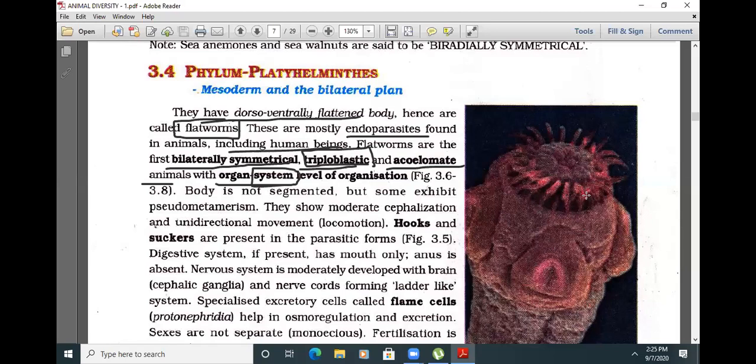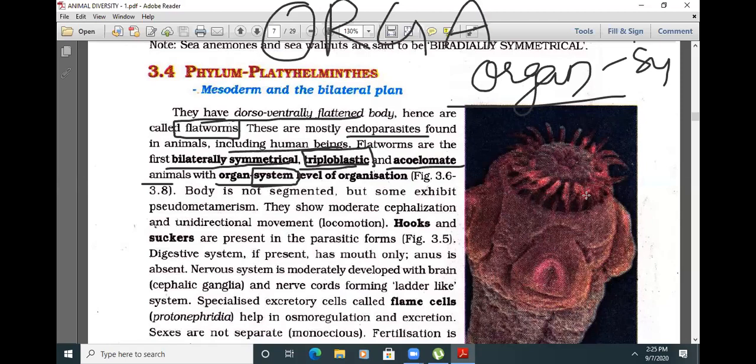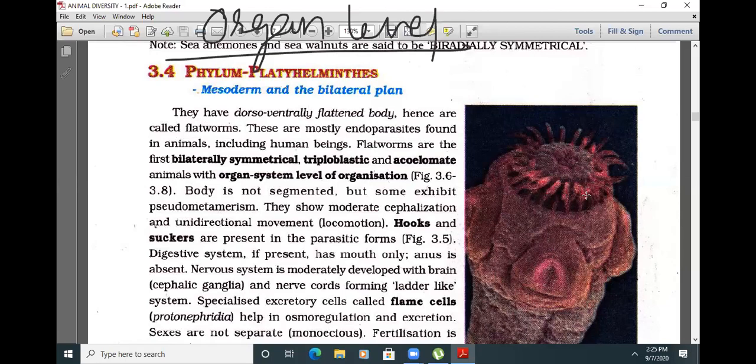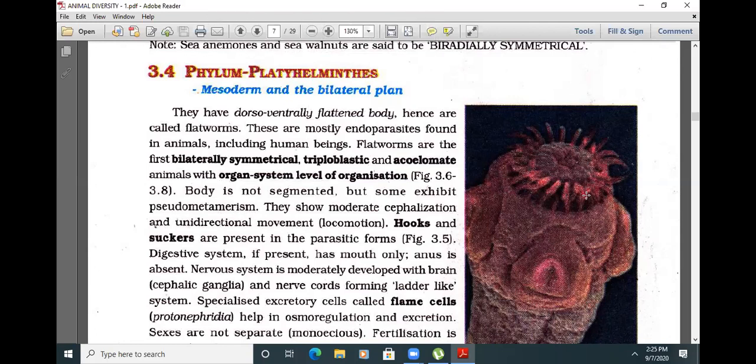That's what I'm saying, don't be confused. Organ system is given in the Structural Organisation chapter. In this chapter, we'll find organ level. So the exact answer is organ level. If the organ level of organization is not found in the options, you select organ system level. So give primary importance to organ level only. If you don't find this option in the examination, you prefer organ system level. So organ level of organization is present.